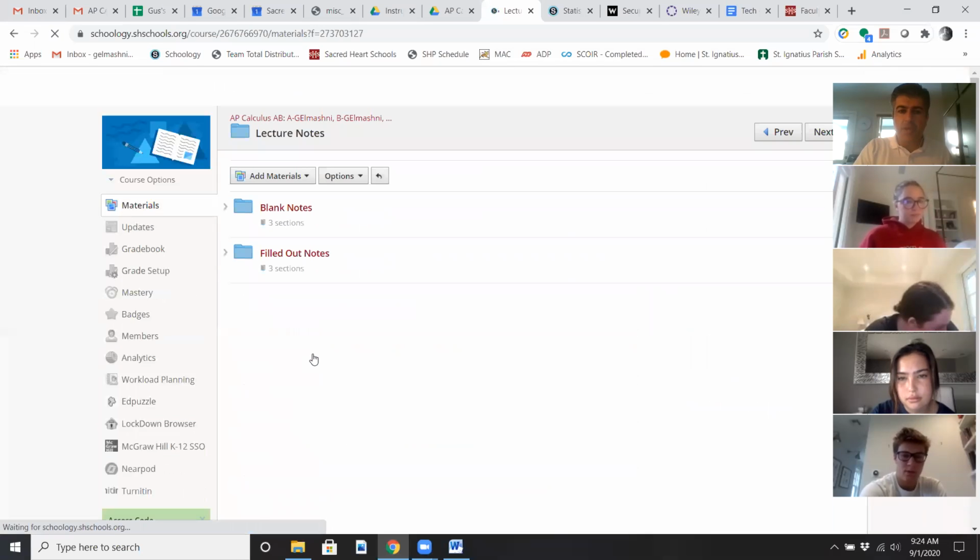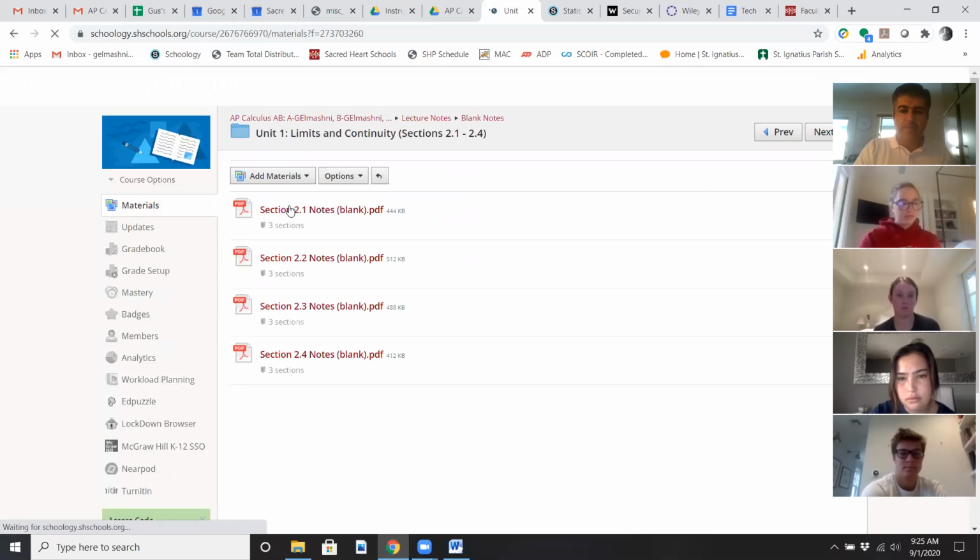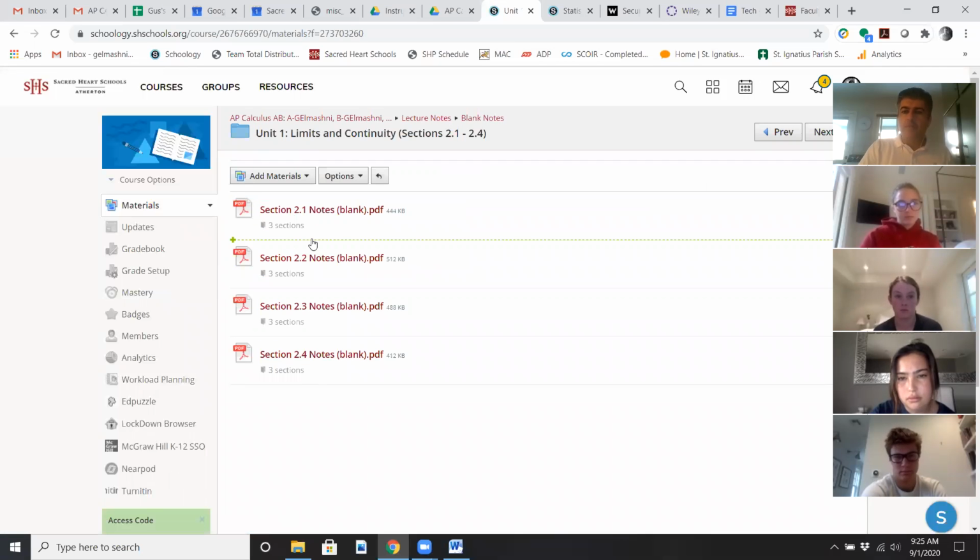But if you don't want to come to campus, you could print the notes here under blank notes and right here. I'll put that maybe as a reminder that you do at least download the notes. My preference is that you actually have hard copies, because that might be easier. But if you like using Notability or stuff like that, that's totally fine. I'm not going to do a note check. I trust you guys, but the notes are actually going to be the most important part of the class.